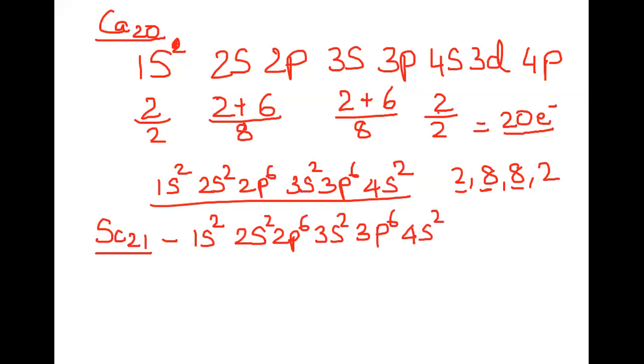According to this, you see after 4s it is 3d. So the electron is going to enter the 3d1. So where does the electron go? To 3d1. So the penultimate shell is now being filled up. This is the ultimate shell. This is the penultimate shell that is being filled up. From here begins the d block elements.